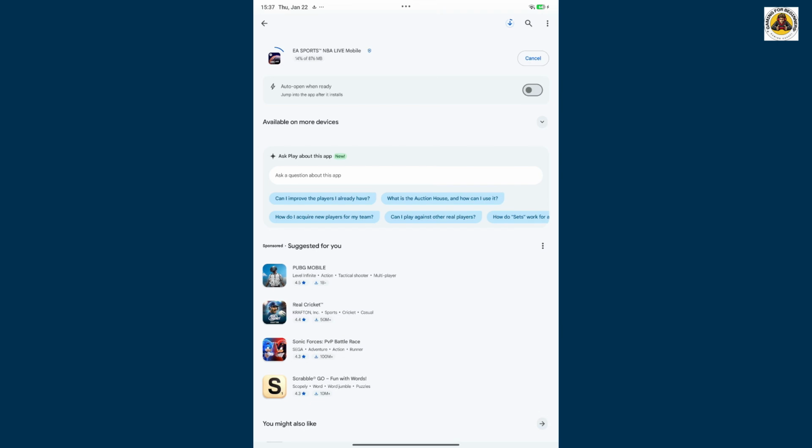After waiting for a couple of minutes, the application will be downloaded and you can tap the play button to launch the game. So that is how you can easily download the NBA Live mobile application on your smartphone